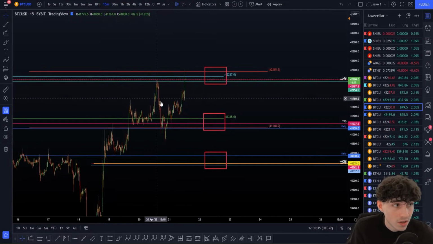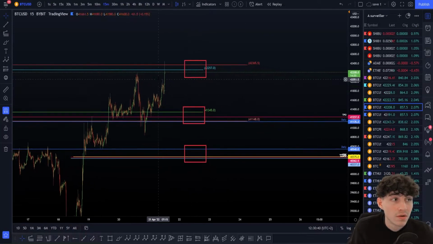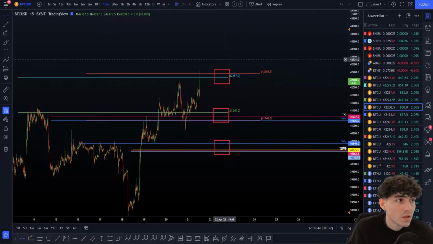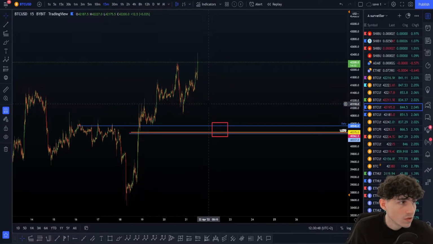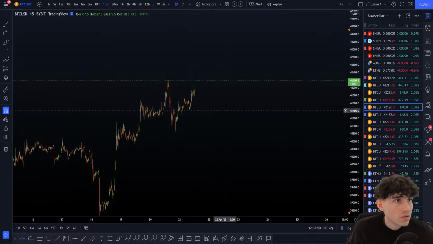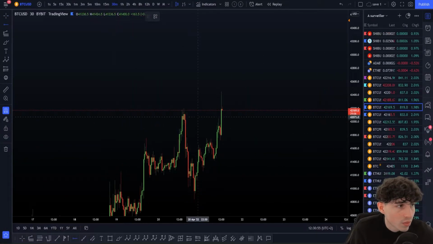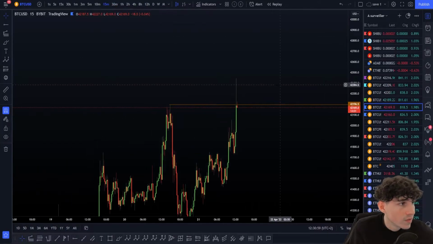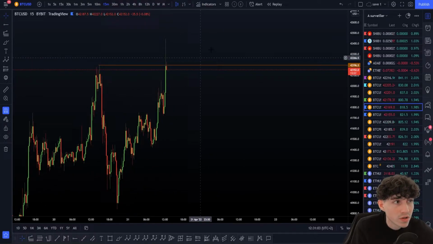This was just pretty insane, and now we are once again at this resistance, but these two levels are tapped, so they are not really valid ones, and we have more accurate, a bit higher targets planned with VIPs. But anyway, this was not what I wanted to check here. I wanted to check this possible swing failure pattern. Is this a swing failure pattern or not? Yeah, we closed below, so that's pretty cool. Now if we start getting a lot more shorts coming, this is good, because that will be a swing failure pattern.